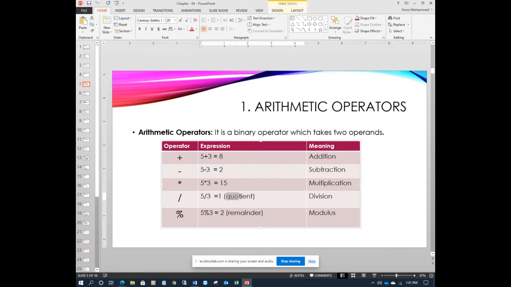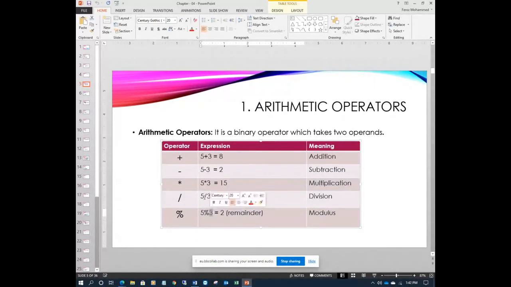The quotient is 1. It will not take the decimal point because 5 is an integer and 3 is also an integer. So if you perform operations between two integers, you will get an integer result only. We'll see this in an example.